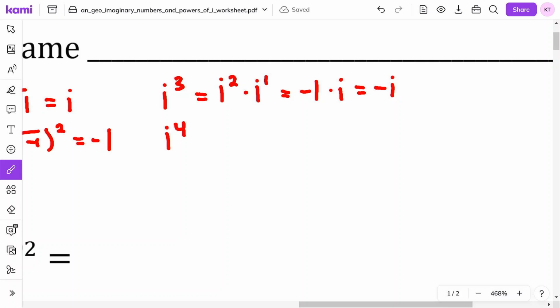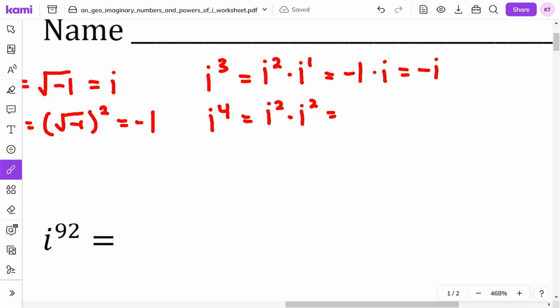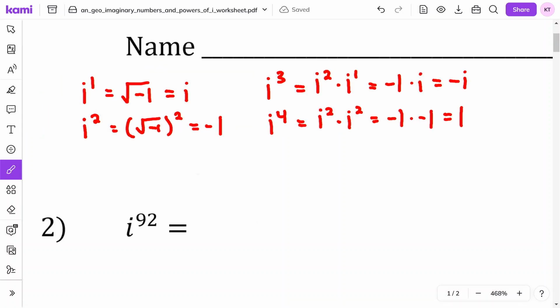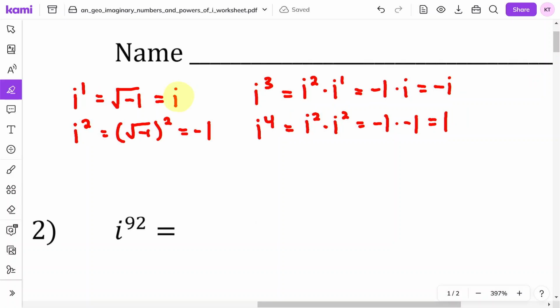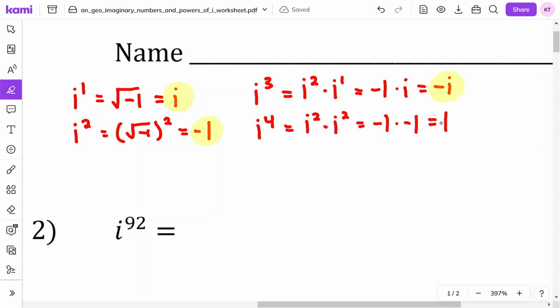And then i to the power of 4, just like how we broke down the last one, we can break this one down as i to the power of 2 times i to the power of 2, using our exponent rules. That's the same thing as -1 times -1, which gives us +1. So the four powers of i that we're going to need to know are: i to the power of 1 is equal to i, i to the power of 2 is equal to -1, i to the power of 3 is equal to -i, and lastly, i to the power of 4 is equal to